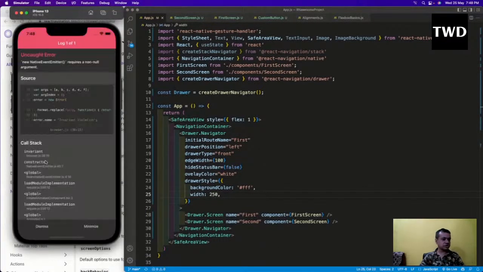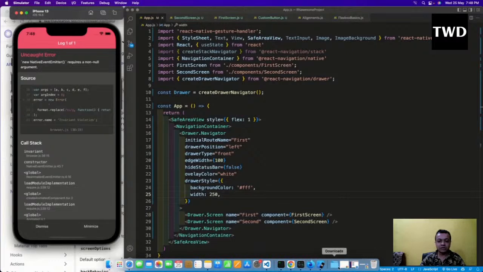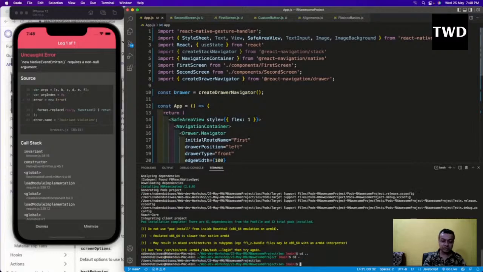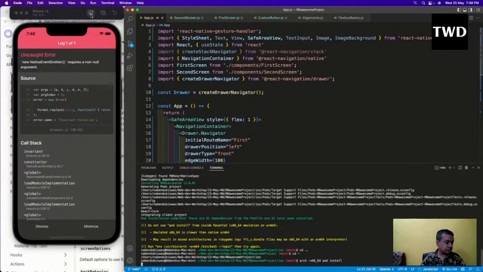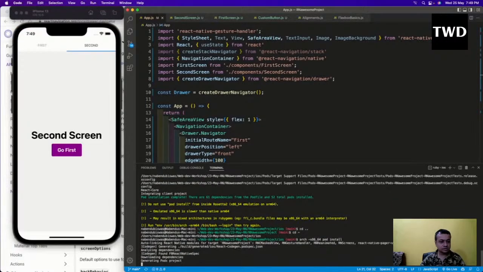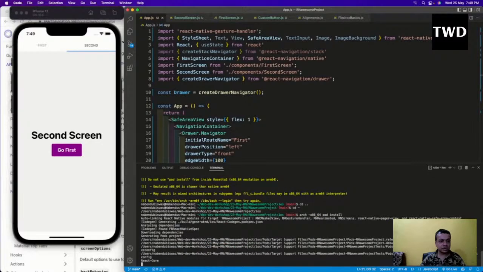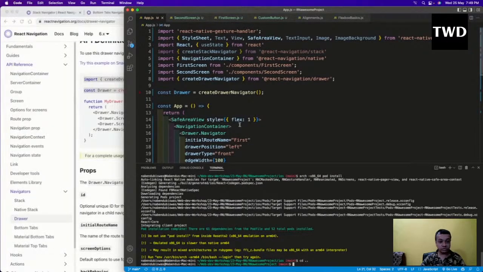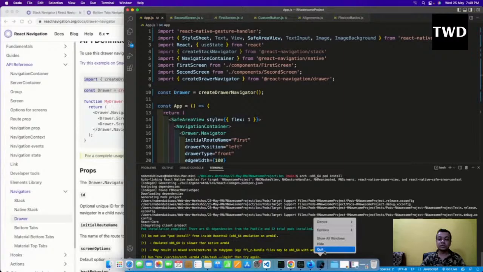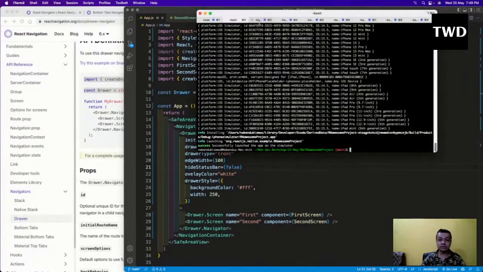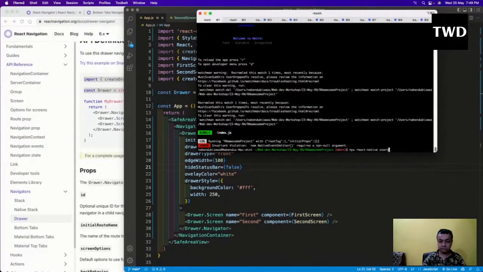Okay, it is refreshing, and it is giving me the same error. And we know why we have got this error. We got this error because we have to go back here, iOS, and we have to install this new thing. Then only this error will go away. Again we have to close this up, come back here, restart it,